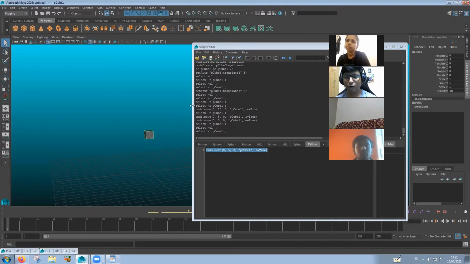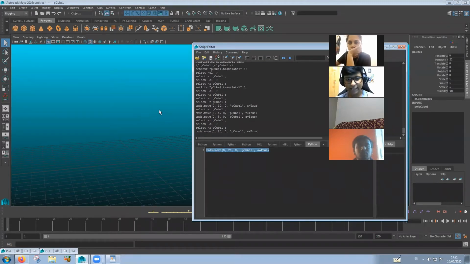I will elaborate on it, but I'm going to use these words relative and absolute every now and then, so I don't want you to get confused about what they are. I'm just explaining beforehand. So if we put in an absolute value, say 20, that's going to move 20 units in the y-axis.